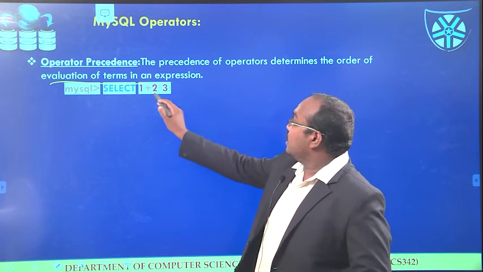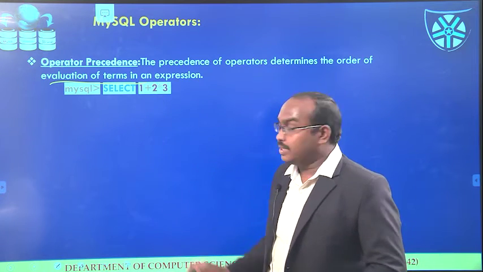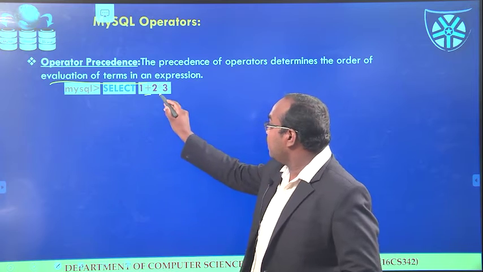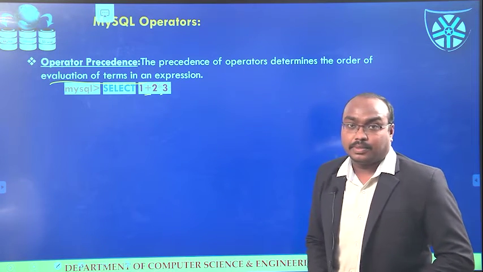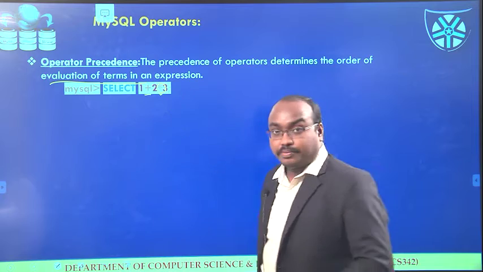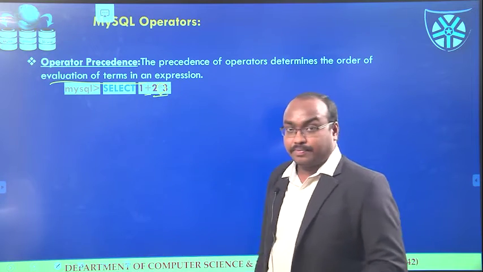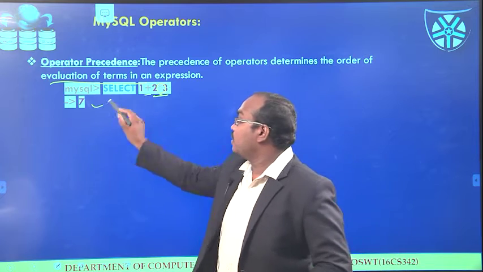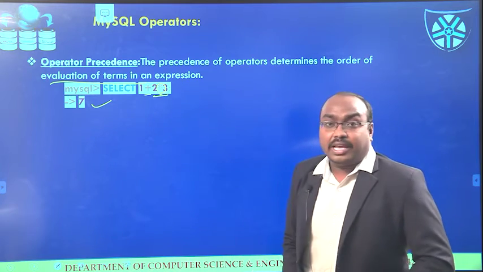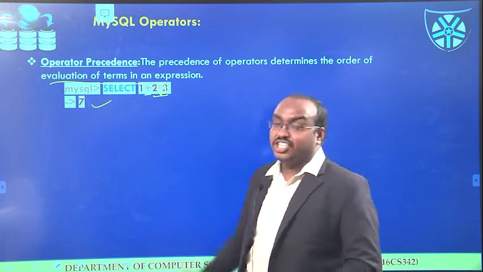Here we are using two operators, the addition operator and the multiplication operator. Which one has the highest precedence? Multiplication. So first 2 into 3 is 6, plus 1, and the result is 7. So multiplication has higher precedence than the addition operator.